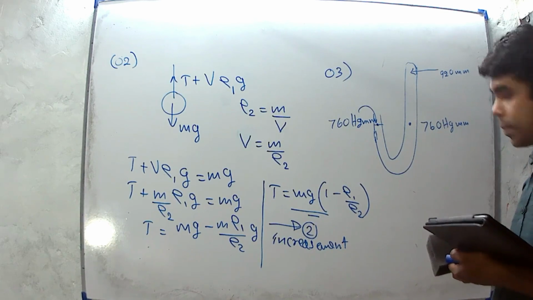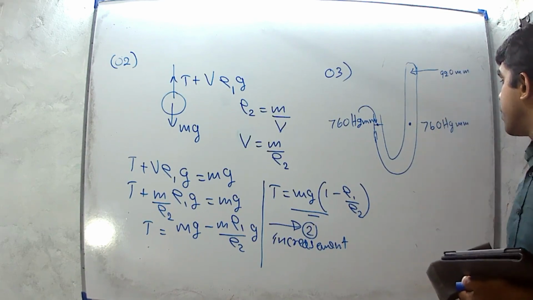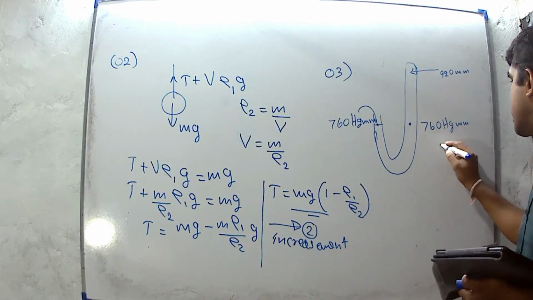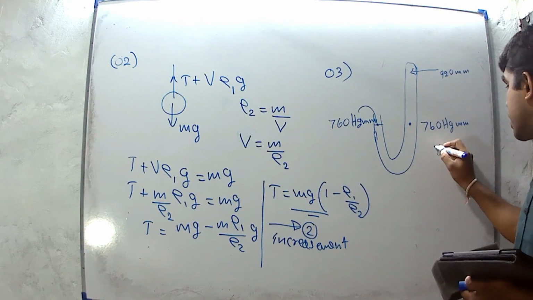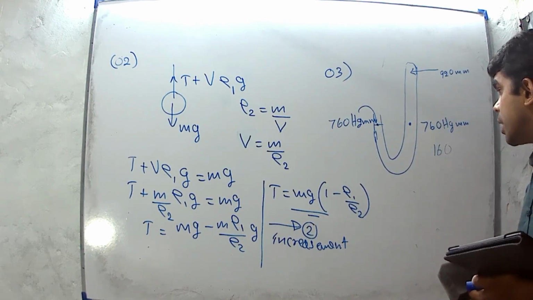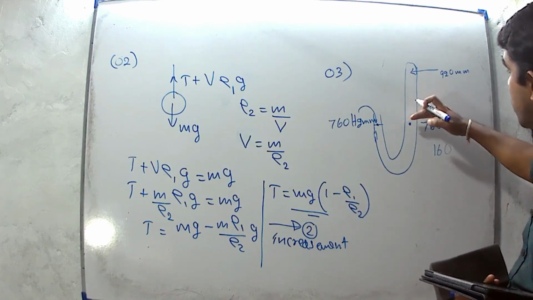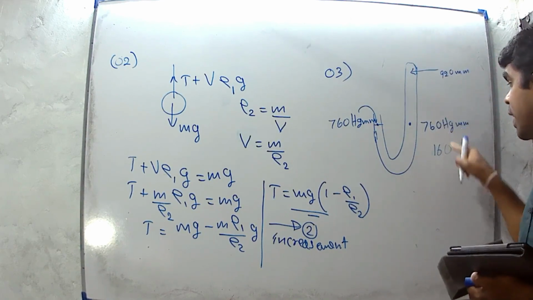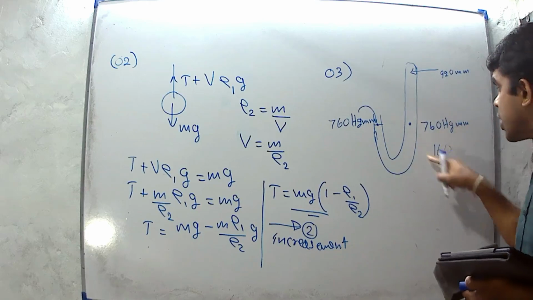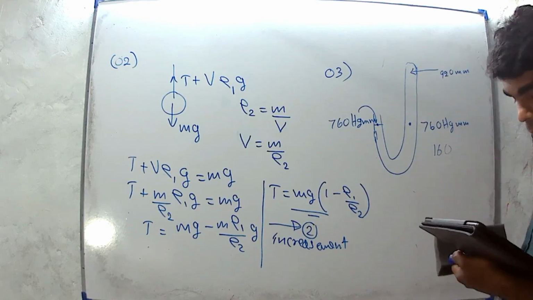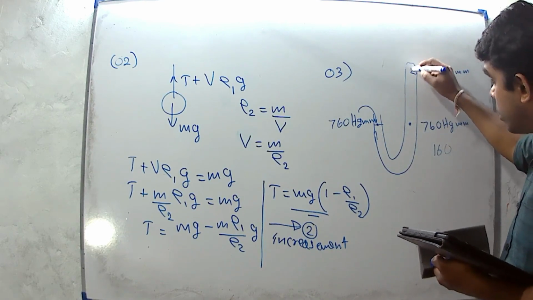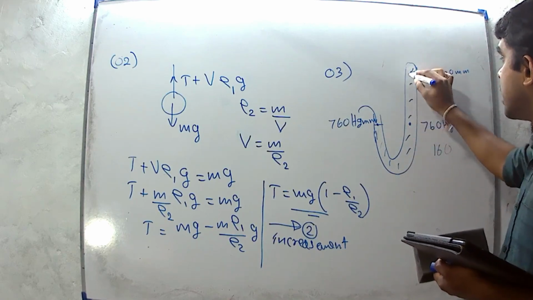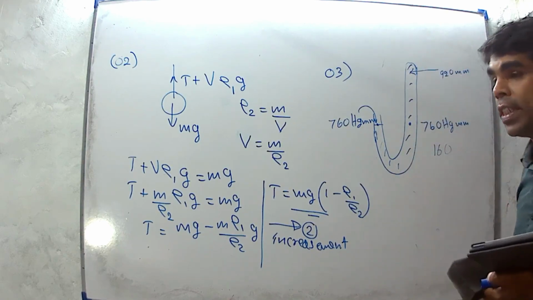If we consider the difference is 200, 0 minus 0, 12 minus 6, 8 minus 6, we get 160. Therefore, there is a 160 difference when moving in upward direction to the point A. If we subtract 160, the answer is 600. Therefore, if there is a mercury column in this full part, we can't get the pressure at the maximum point is